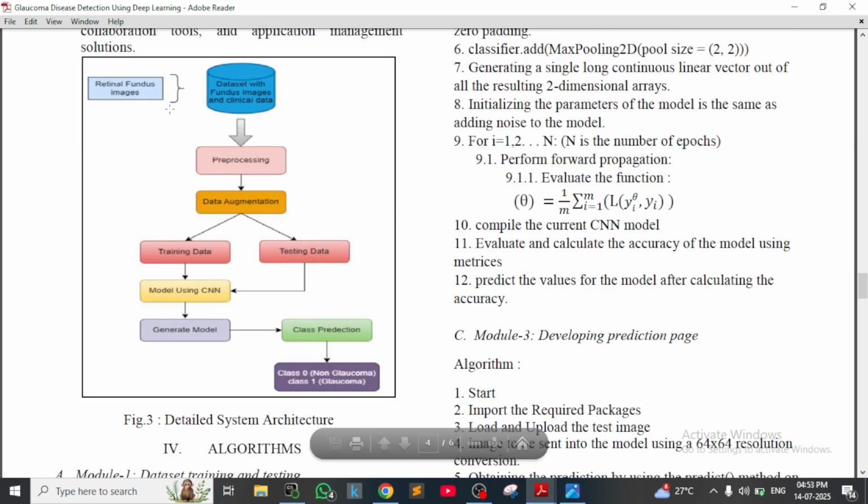Obtain fundus images, dataset with fundus images and clinical data, then pre-processing after data augmentation, then training the data model using CNN, then generate the model. Testing the data, then it will also go to the model, and then class prediction: class 0 non-glaucoma, class 1 glaucoma. Okay,